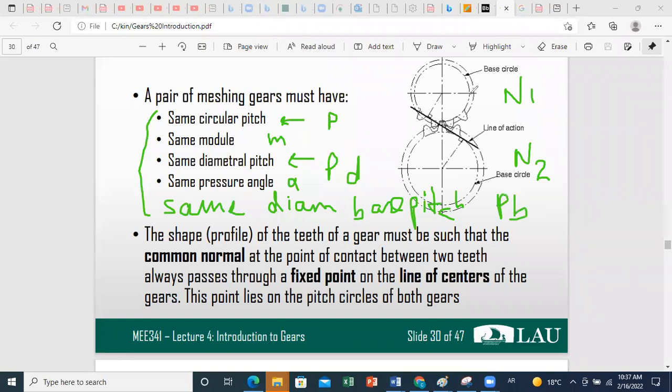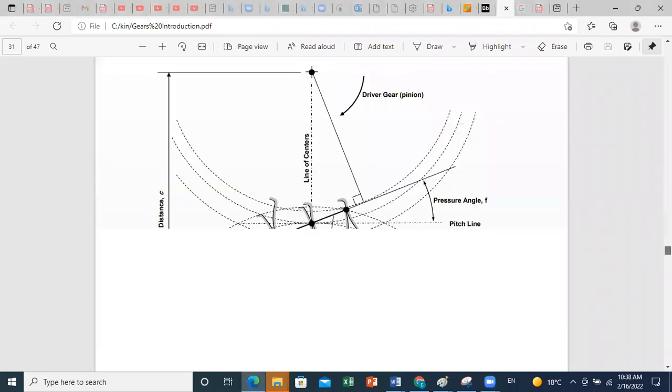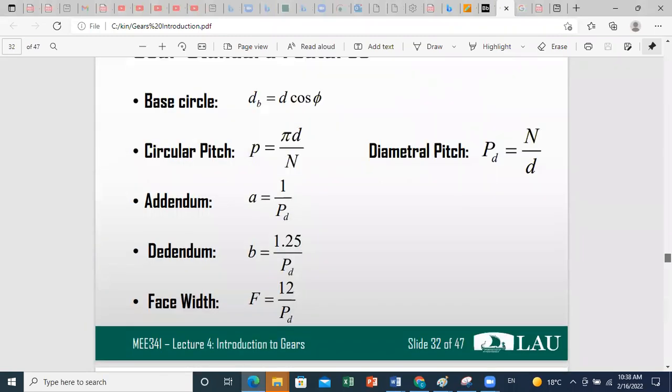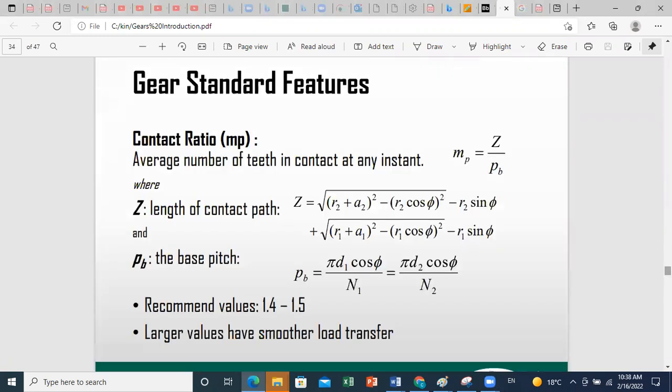Okay, and PB, the way of calculating PB is similar to the way of calculating PD, but just here we replace d by dB. Okay, so you have that PB is equal to pi, instead of doing pi d over n, which is the value of P, the diametral pitch, بنزيد عليها d cosine phi بتصير the base pitch. Okay,